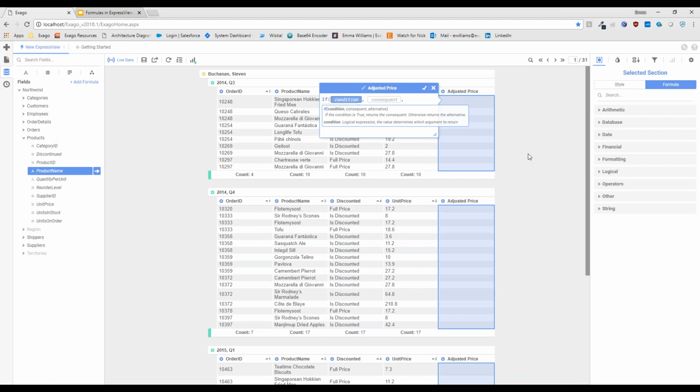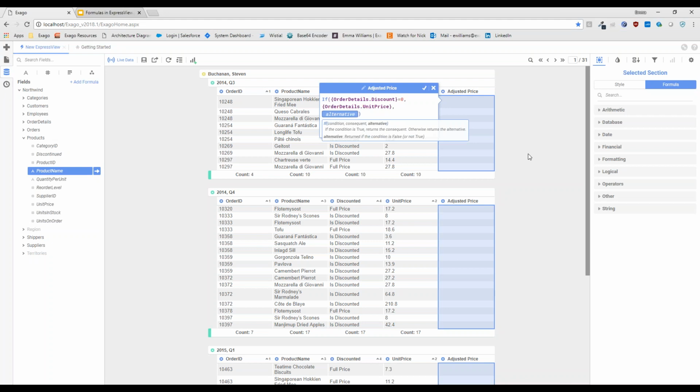Okay, so our condition, discount equals 0, right? We have no red squigglies. We know our syntax is good. And when we spoke our formula aloud, this is what we were checking for. Now, if that's true, if our discount is 0, that means that the product is still at full price and our unit price will represent the adjusted price. This is where it gets cool. We're going to nest a formula within our if formula to calculate this adjusted price correctly.